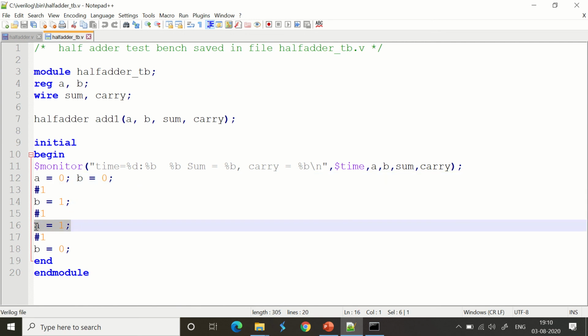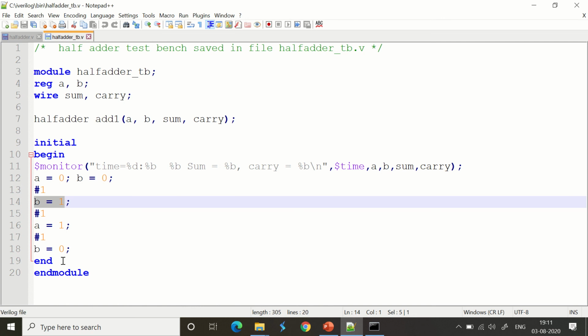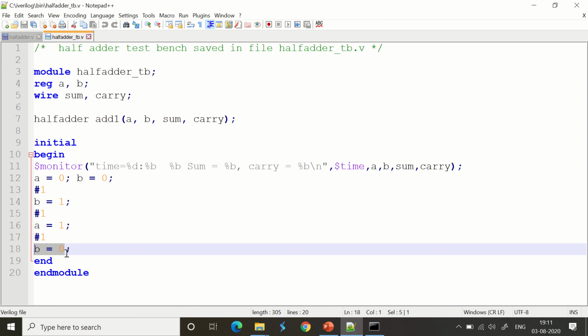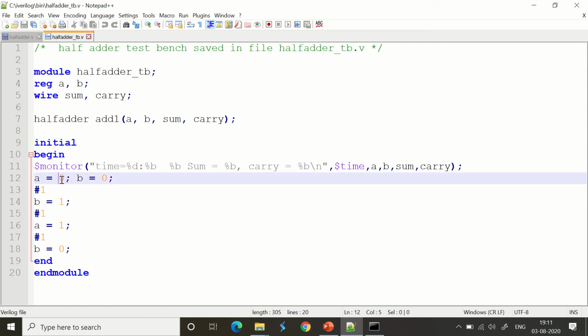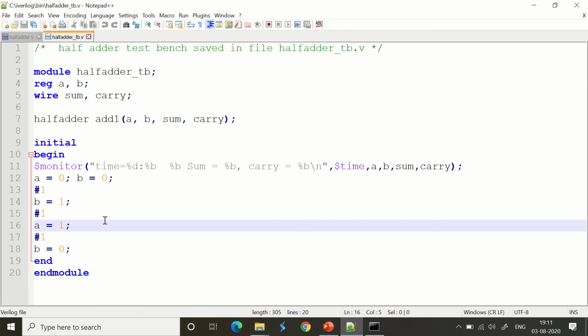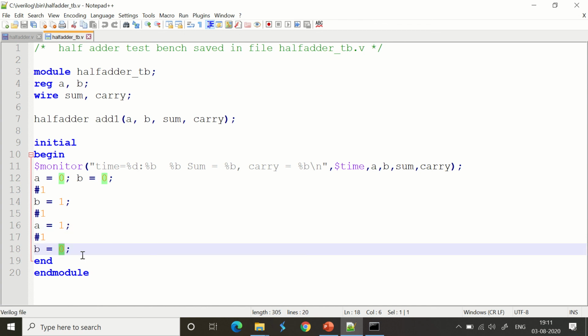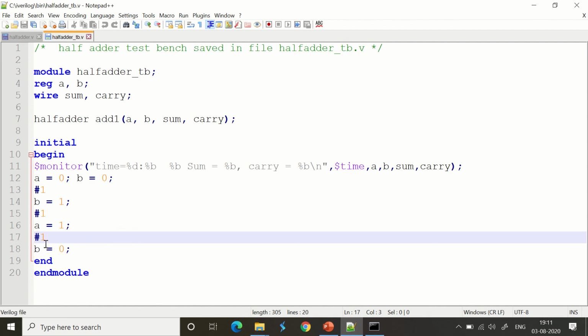Now the next instance I am making A as 1. What do you mean by that? You are retaining the value for B as 1. Next instance I am making B equal to 0. I am retaining A as 1. That's all. That's the way we give inputs. It's very simple and efficient way to write the code. 0 0, 0 1, 1 1, and this is 1 0. So we have conveyed, we have printed all the possible options here, and that's done in this method.